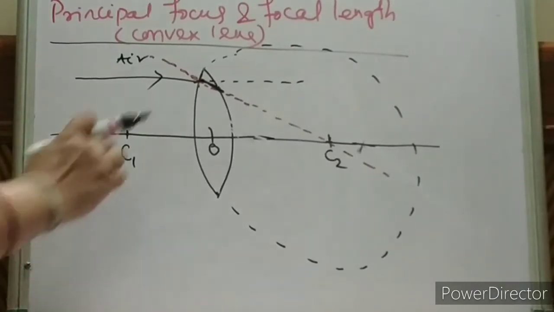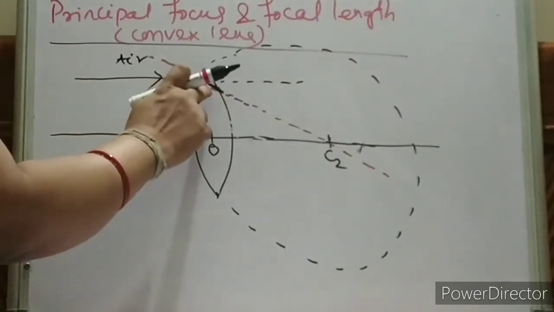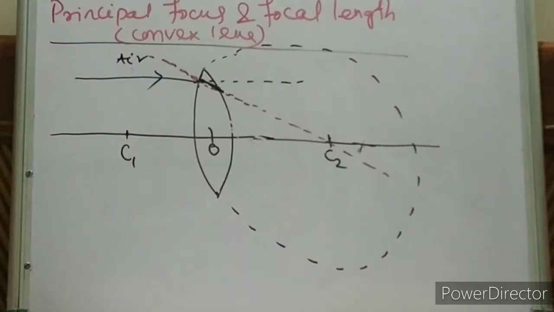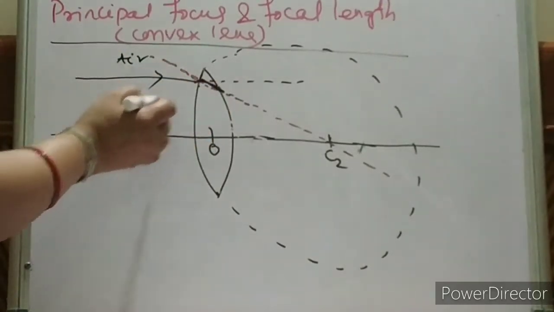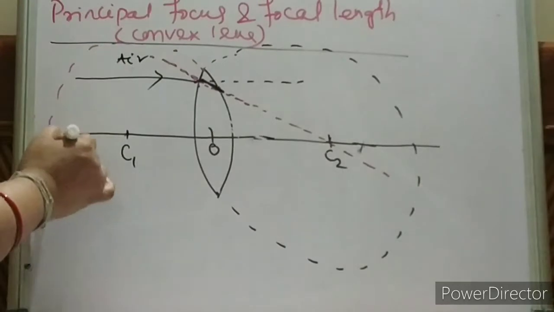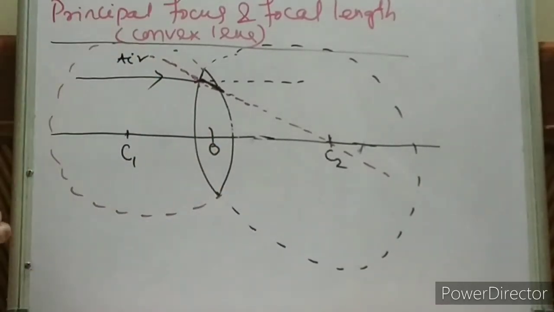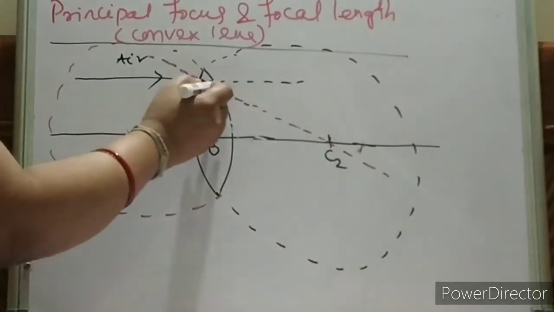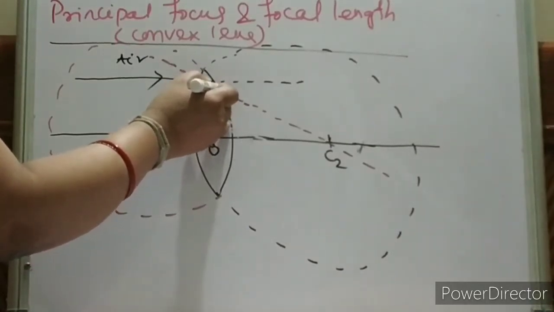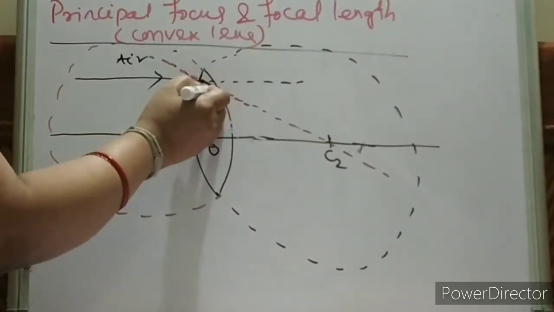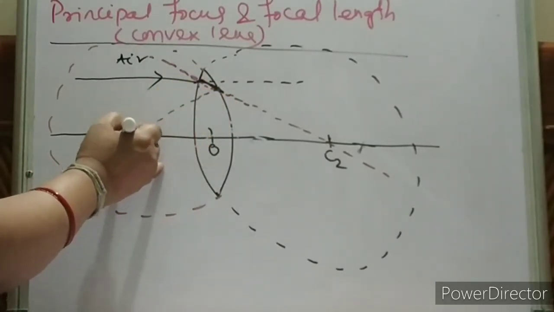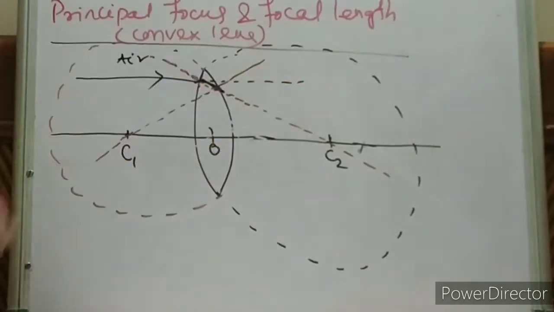So this incident ray will travel from denser to rarer. From denser to rarer means it will be away from the normal. Now again we have to draw the normal over here. So how to draw the normal? For this surface, this is the required center of curvature. See children, this is the required center of curvature. It strikes at this point, so you have to join this center of curvature with this point. So this is your normal for this.